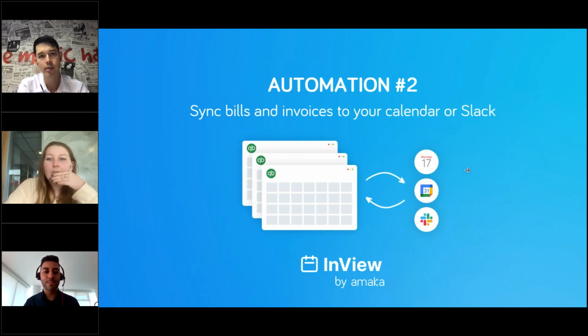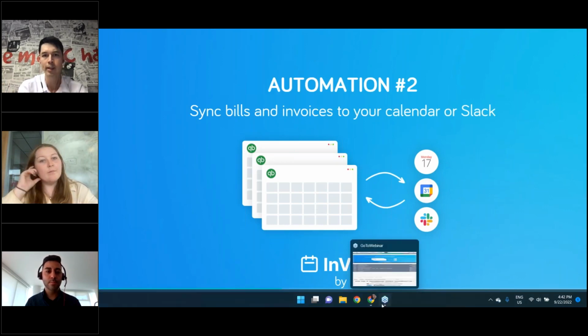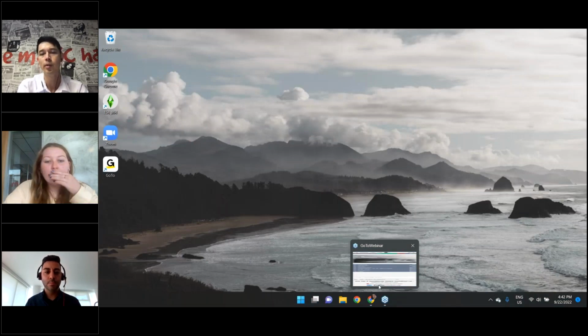And this is really great for small business owners who might be incredibly busy. They might not engage with the accounting file much or at all. So it allows them to keep on top of their payables and their receivables in a really convenient way. Like everyone's checking their calendar every day, whether it's just for general scheduling or meetings they might have. And if they're reminded of a bill that's due, or they're reminded of an invoice which might be coming up to be due or might be overdue, it allows them to more proactively engage with that information,